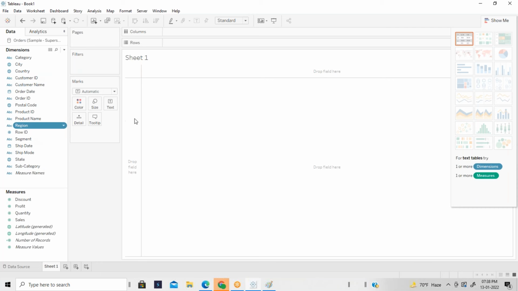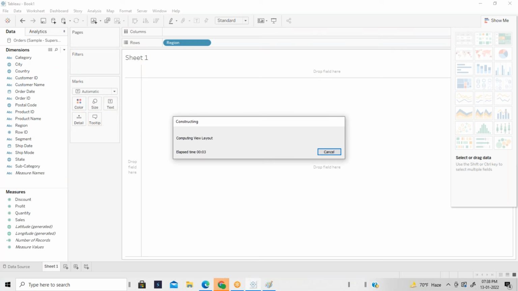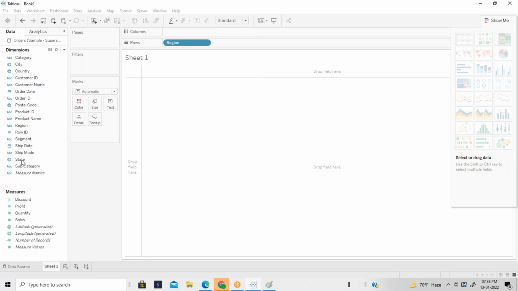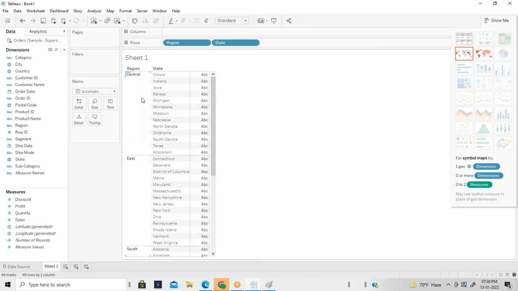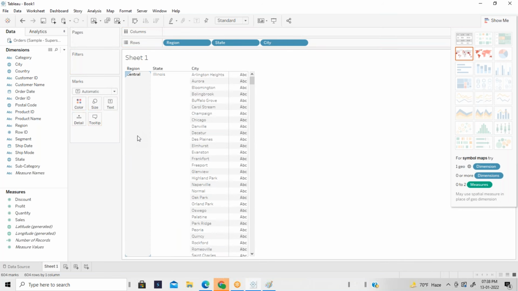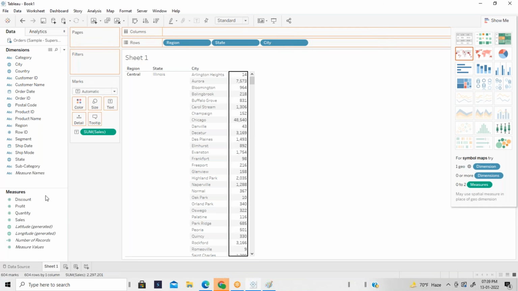Okay, let me take region and state. Also I'm having the city. I'm just trying to create a very simple case: region, state, city, having the sales, profit, and quantity.